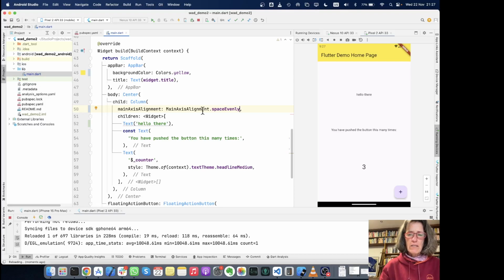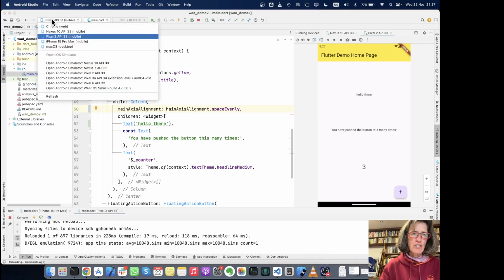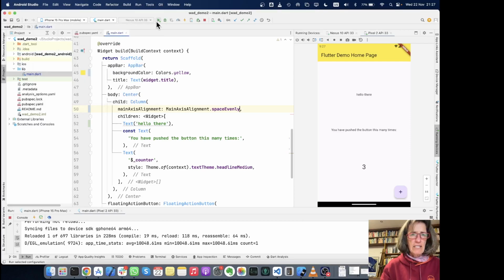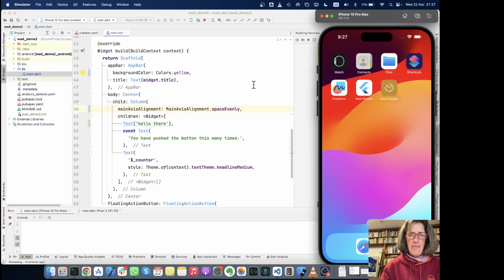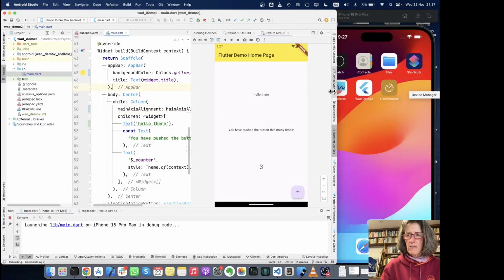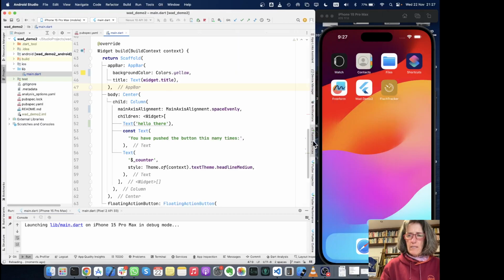I'm demonstrating this on Android, but let's see what happens if I switch to an iOS emulator. I have one running here. There it is. This is a cold start again, and it takes a little bit longer on iOS, but once it's running for the first time, it will be just as fast as on Android. All right, anytime now.